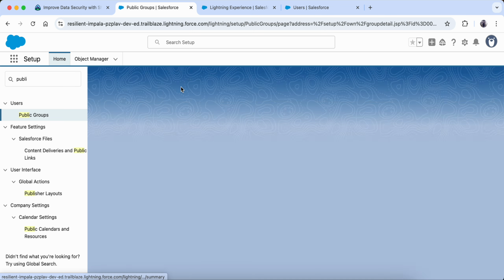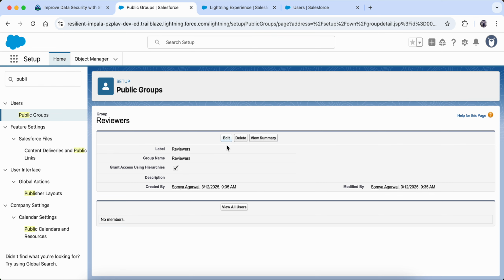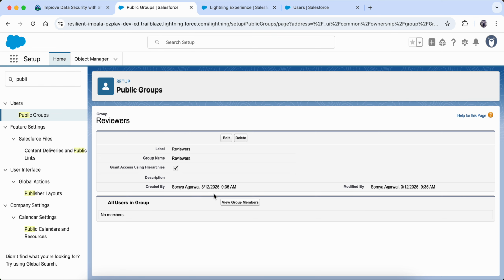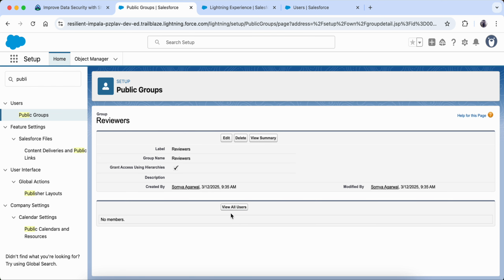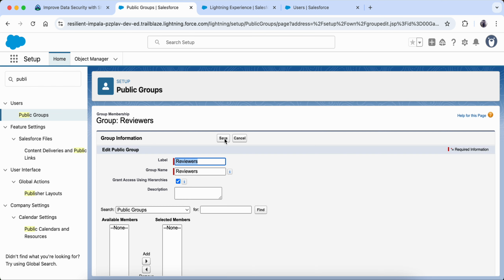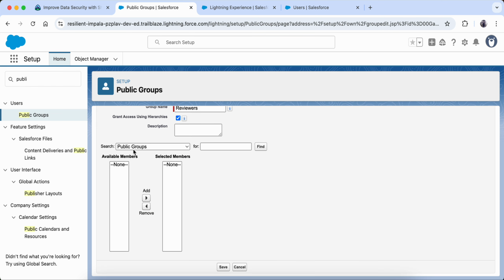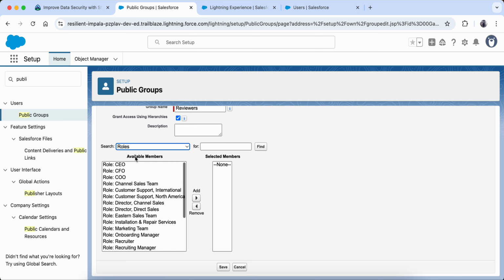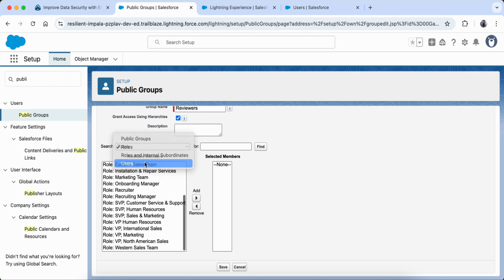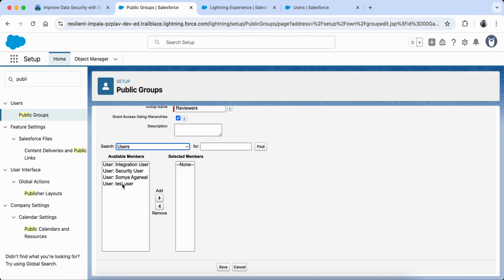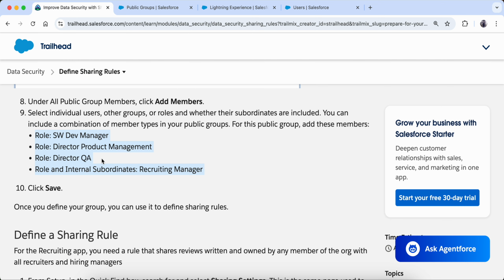This is the reviewer public group. You can view all users and view group members. They are showing available members and add members, meaning what roles or users we can add here. So I can add a user, or a role, or a public group. This is how it goes.